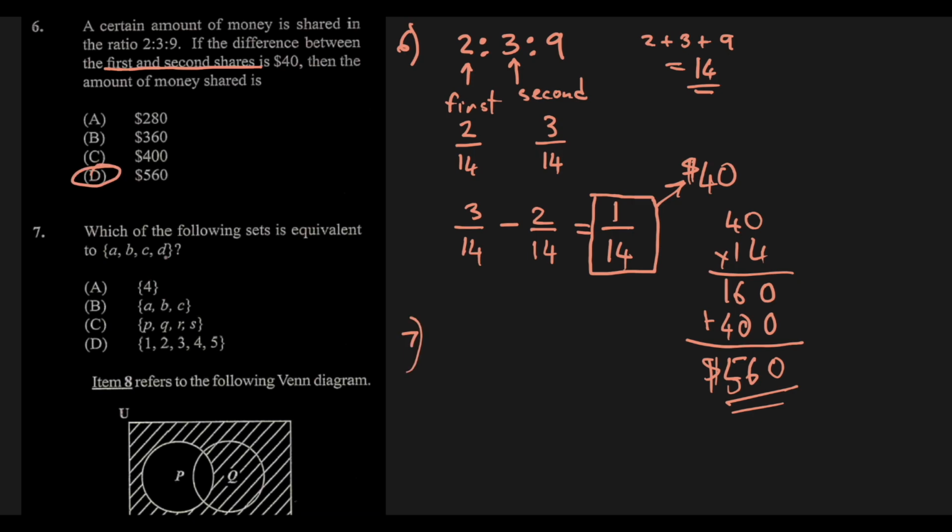All right, so number 7, which of the following sets is equivalent to A, B, C, and D? So when we are talking about equivalent, we are not talking about having the same values, which would be equal in that sense, but having the same number of elements. So this has 4 elements, 1, 2, 3, 4. We need to figure out which one of these also has 4 elements. So if you look below, it's not this. This has 3. This one here has 4. So our answer is